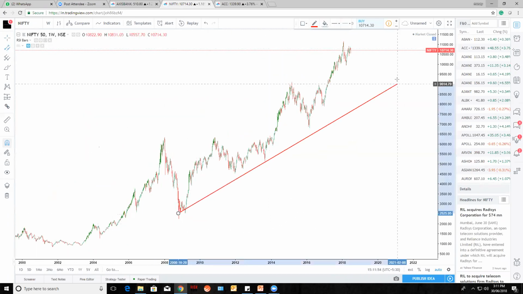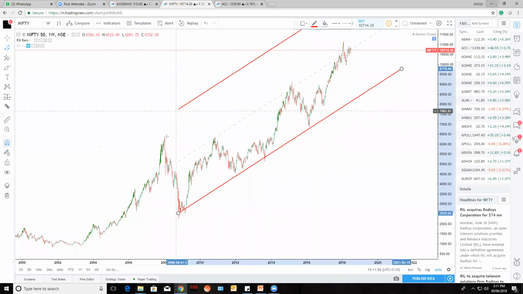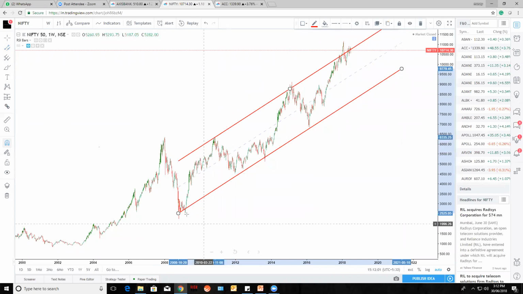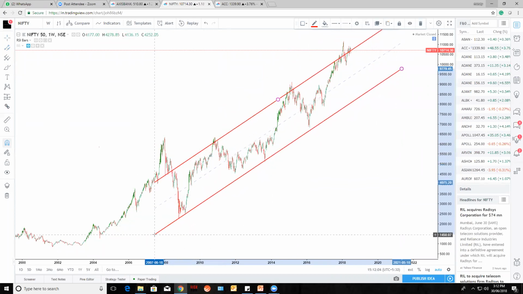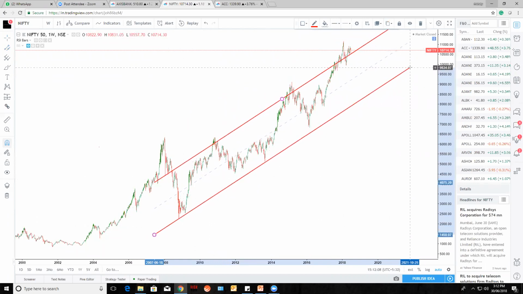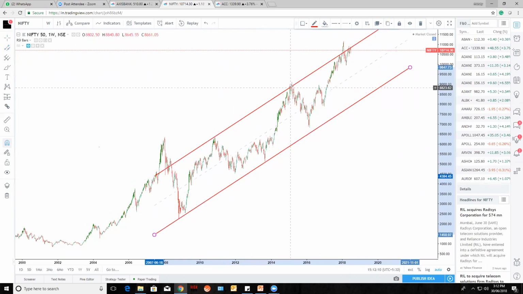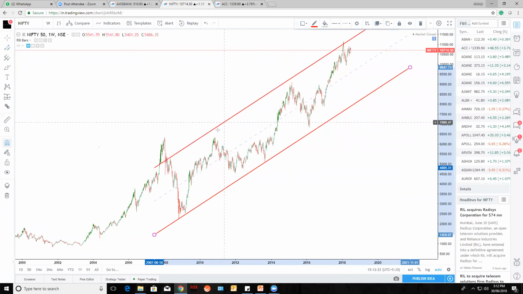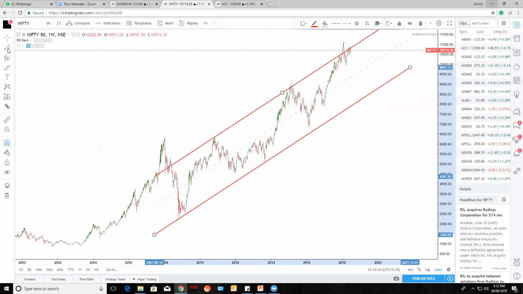Okay, I'm connecting to the second low point. Try to make it look like it connects two or more points. Let's say this is one lower point. This is a second lower point. I'm connecting it, and I'm pulling it to the higher point. This is one high. This is a second high, and this is a third high. You can make it a little high so that it will cover both, or else just simply make a zone of support and resistance. Let's say this is one more channel.